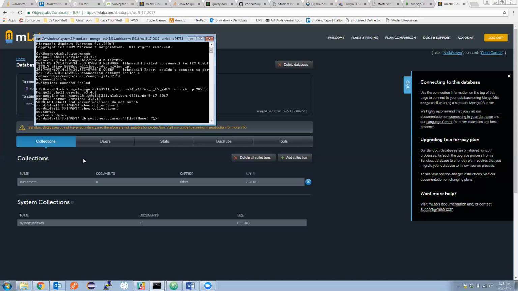We're going to set this customer's first name to Troy and then separate it by a comma. Notice that this is a key value pair. So the key is first name. That's the property, the first name. And the value that we're giving it is Troy. It's separated by a